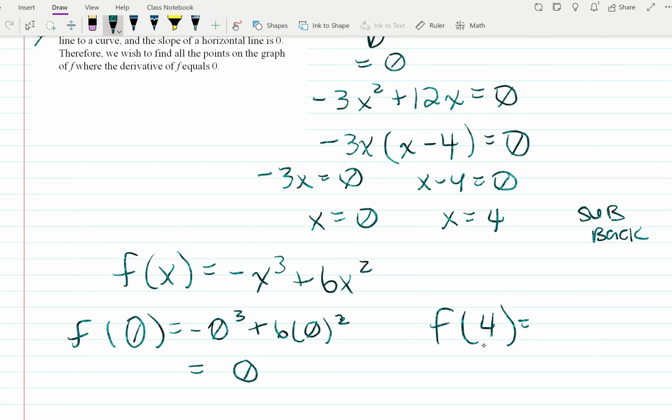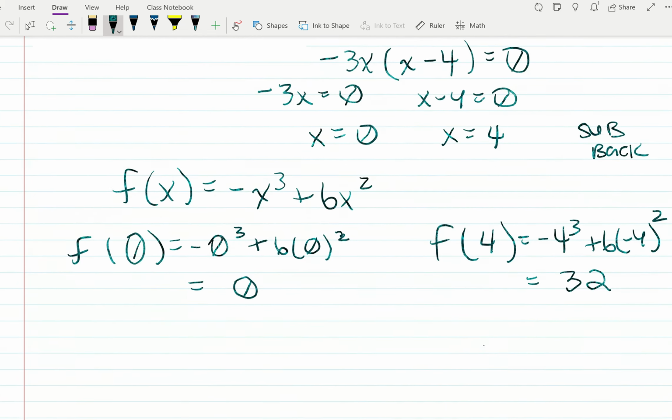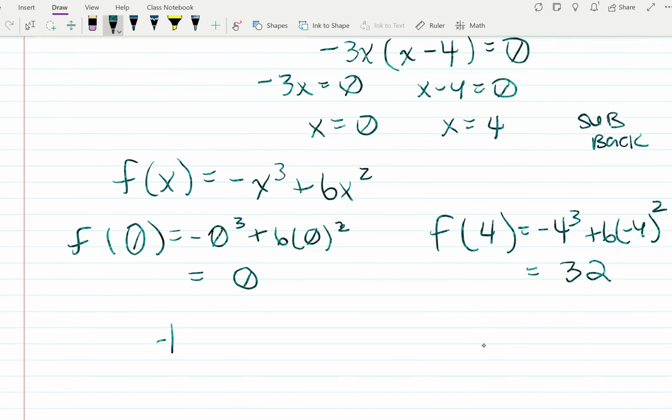Now f of 4, a little bit more work: negative 4 to the third plus 6 times 4 squared. Remember to do the correct order of operations, right? So we have all of this computed, doing the exponents first, the multiplication, and then adding them together, I get 32. So therefore, that tells us the tangent line